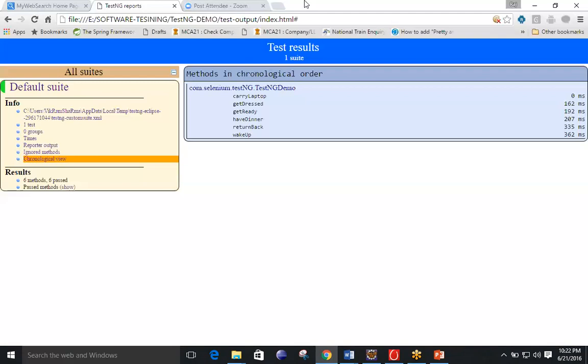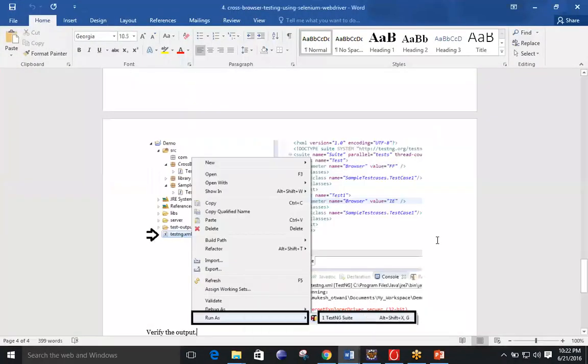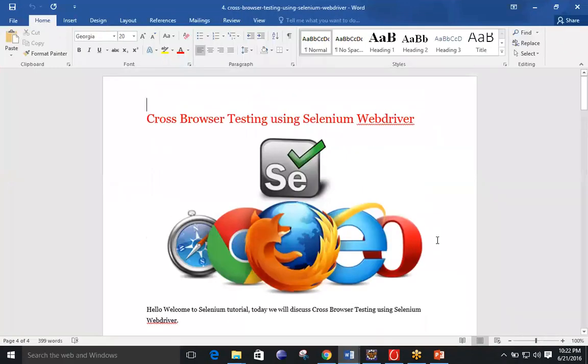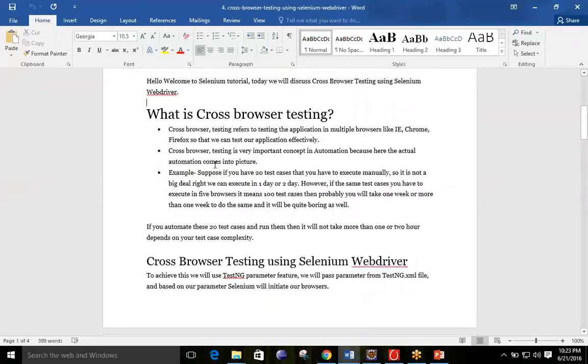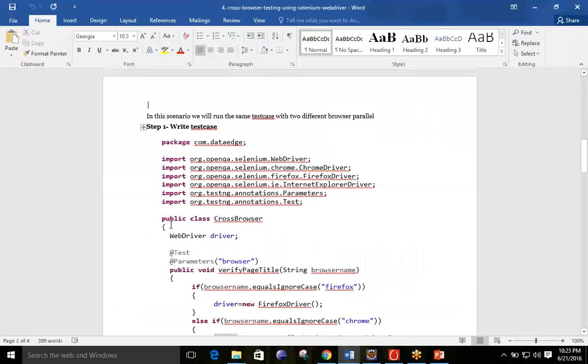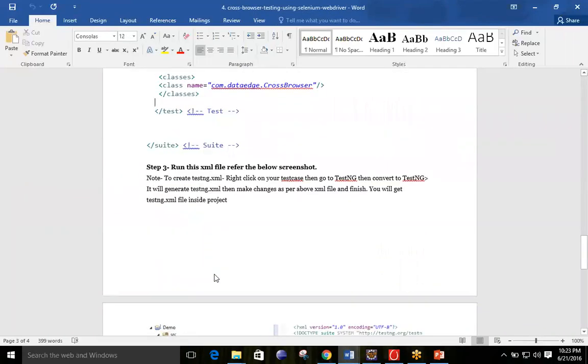And you will get a PPT or a PDF kind of document for each topic, where you can get the code. I have one example for you. If the topic is how we can perform cross-browser testing using Selenium WebDriver, we will do it practically in the class, but here you can see we have the theory also, along with the steps for how to perform it. This is step number 1, and this is the code. Just go ahead with all the code. If you have any doubt, you can ask me. We will do it first in the class, then you have to do it at home.